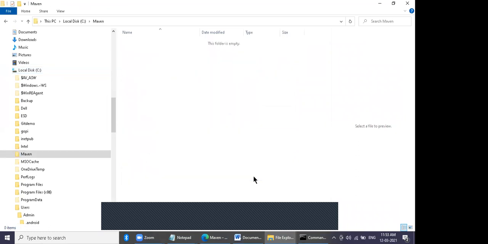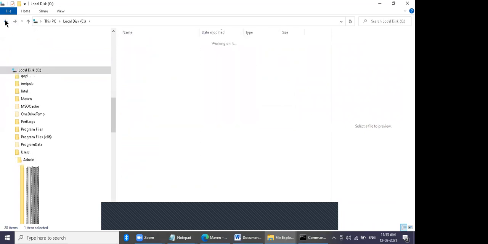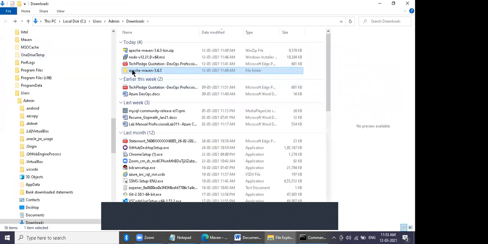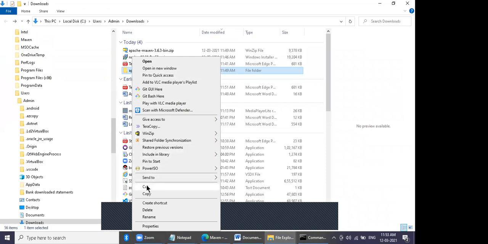Yeah, and paste whatever you extracted into here. I think it's in the download folder, right? Cut and paste, right?